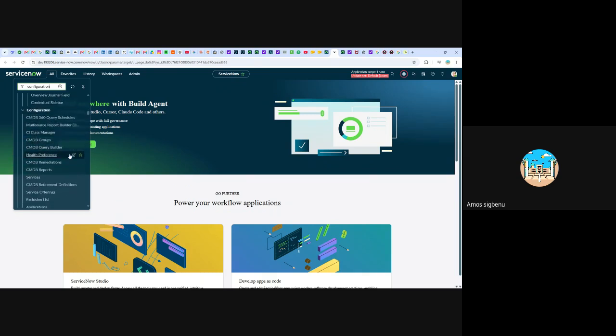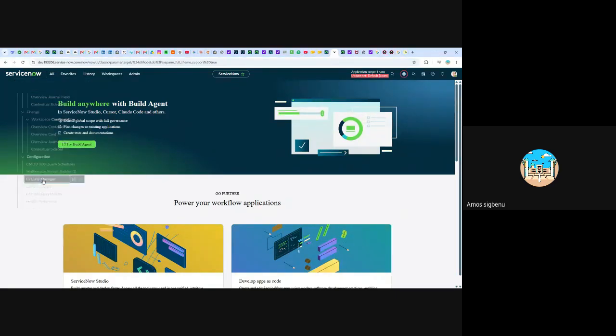All right. I told you guys about the workspace, right? But for this class, you don't need too much knowledge on the CMDB. But you will need to get that once you're done with your admin. You can go into CMDB, and you get more understanding of CMDB. Now, first of all, this is where you need to go to configuration. When you go to configuration, you can go to your CI class manager. Now, when you click on your CI class manager,